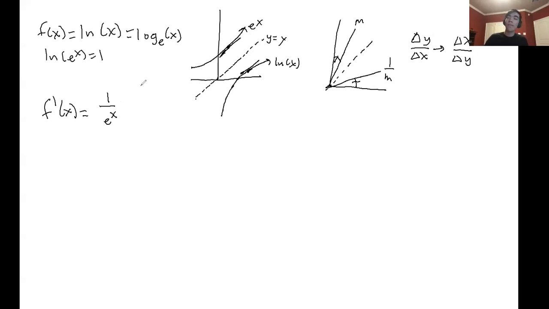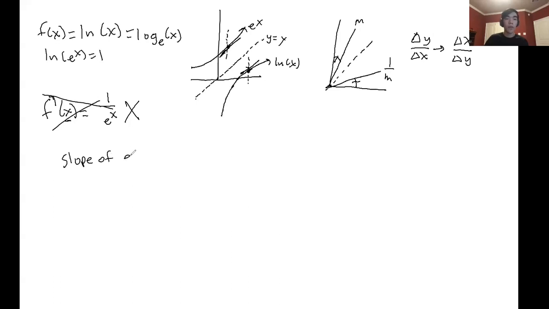So there's a problem with that logic. This is wrong. And the reason is when you reflect over y equals x, your x value changes. So you can't actually use the same x here. The slope at this point on ln of x is 1 over the slope at this point on e to the x. But since those points don't have the same x value, you can't do this. Instead, what you need to do is